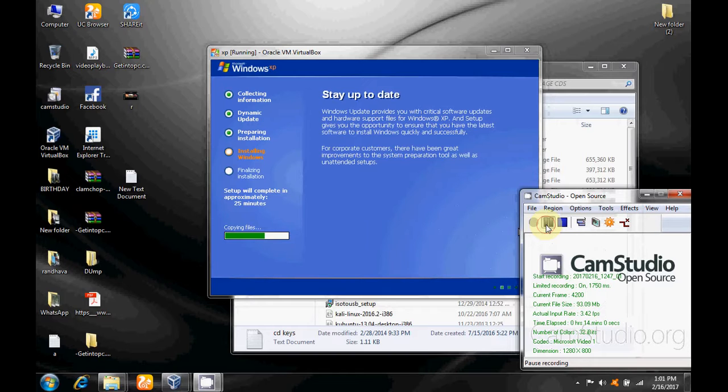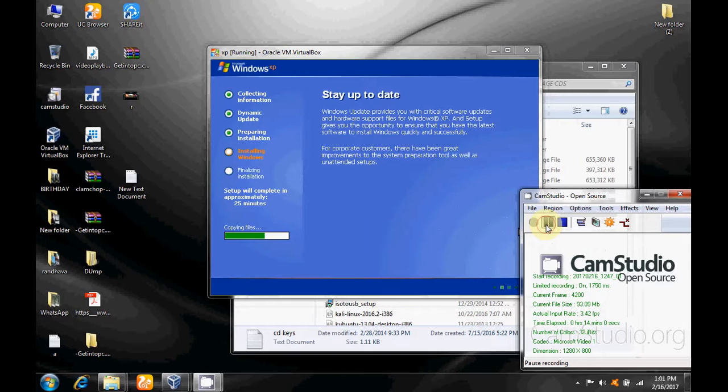This will take some time because all the information is collected from here and sent to the Microsoft site for registering Windows. You can skip this step if you are not registering.